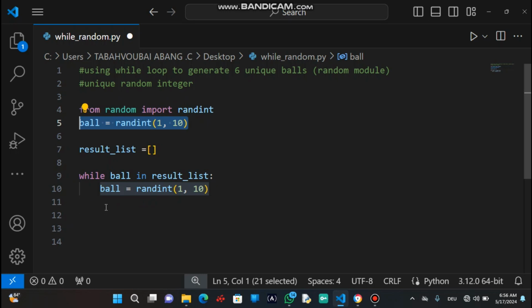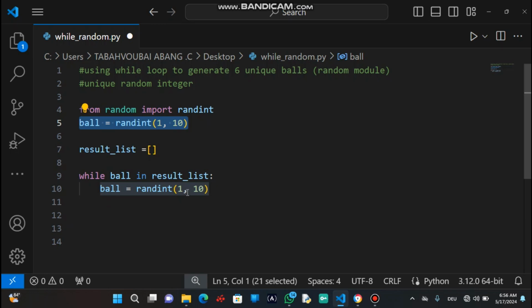We said that you can have the same ball at several attempts, but we also want unique balls. So that is why we use the while loop in order to bypass it.